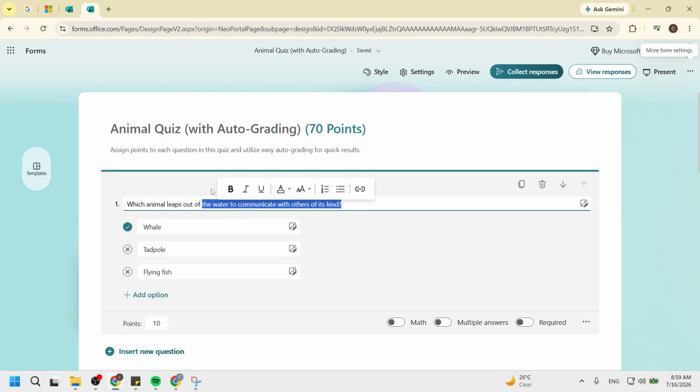This toolbar is equipped with various formatting options that you can use to enhance your text. The appearance of this toolbar indicates that you are in the right place to customize your text's appearance. It is designed to give you quick access to essential editing features without navigating through multiple menus.